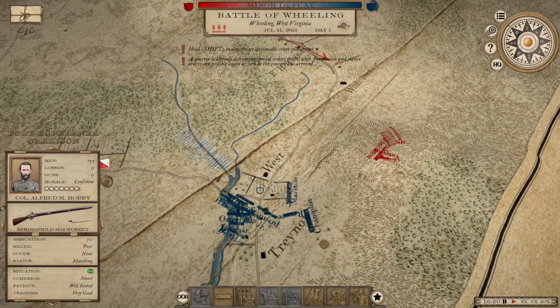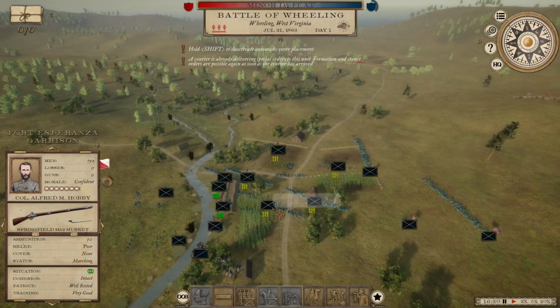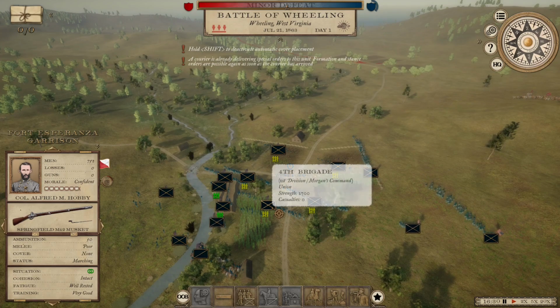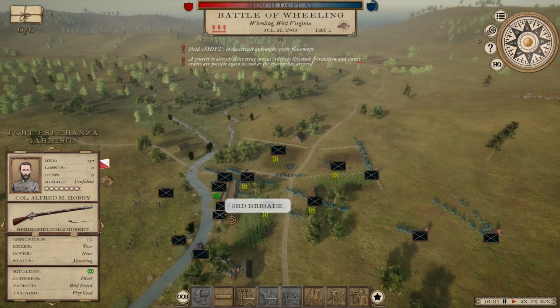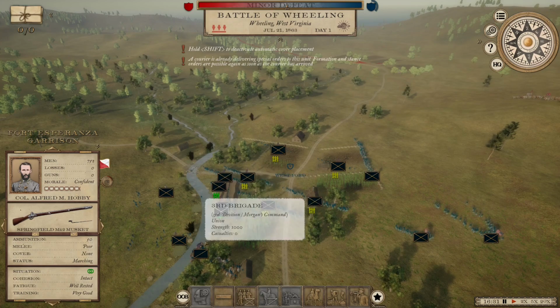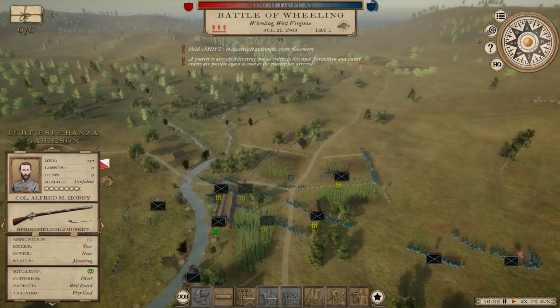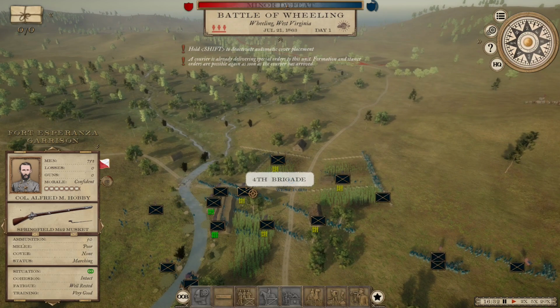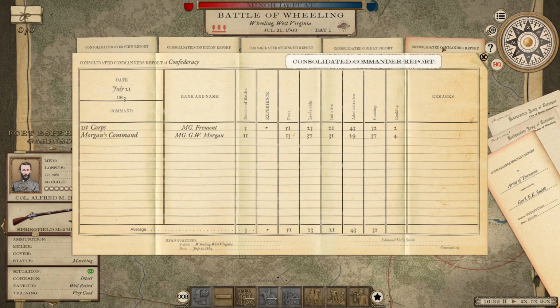Alright, it's 16:30 of day 1, and we do have a sighting on the Federals now. Looks like just the 1 corps so far on the ford. Who is this? Morgan's command. Is this everybody from Morgan's command? Alright, so I think Morgan is still in command of them, so where's Fremont? Yeah, so Fremont's corps